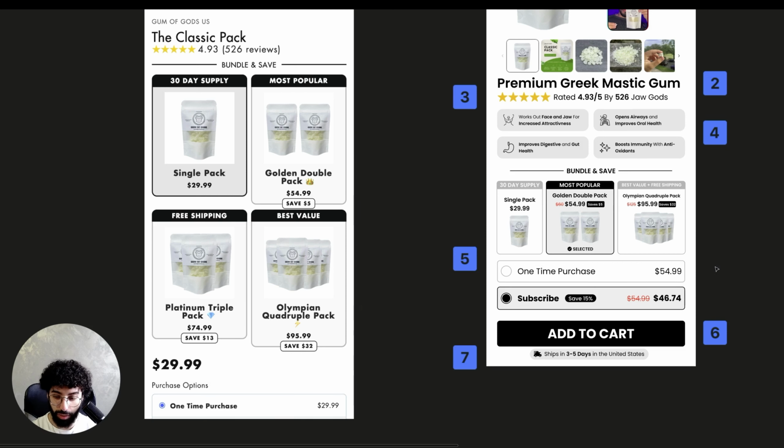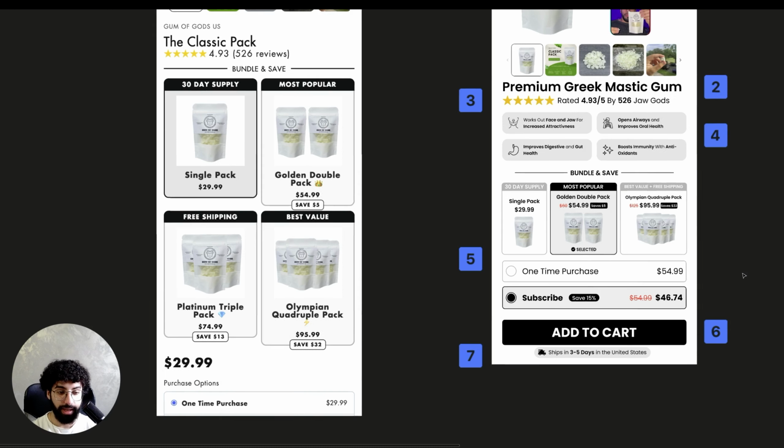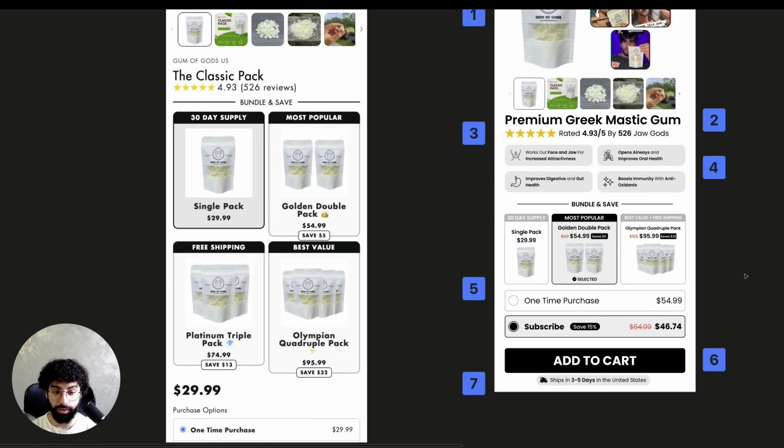Sixth thing, very important thing, call to action. It is mandatory to have a call to action above the fold. You cannot not have a call to action above the fold. It's the button that actually, if you think about it, it's the button on the product page that gets you to the actual revenue. Without having a clear call to action, customers don't get to cart and don't get to checkout,